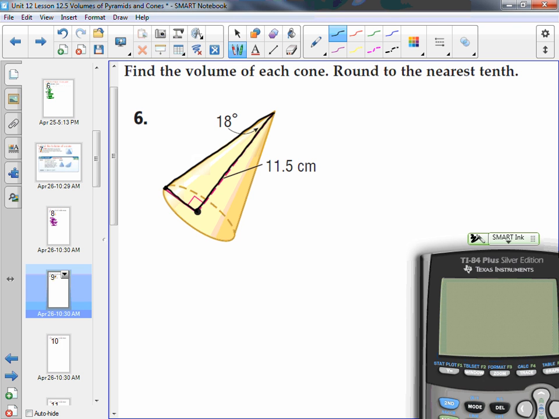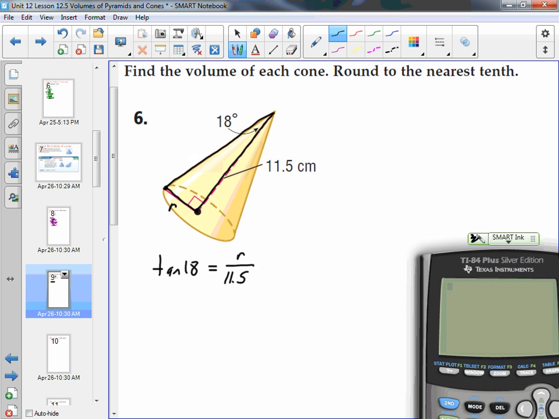And they told us that we have an 18-degree angle there. I'm going to call that R for radius. And if it were up to you, would you use sine, cosine, or tangent? I would too. So the tangent of 18 equals opposite R over adjacent,